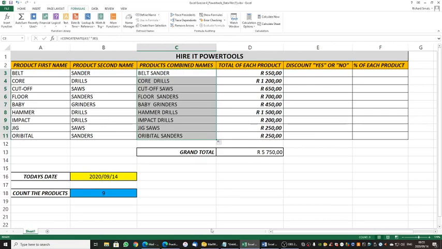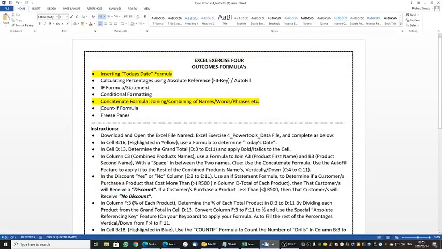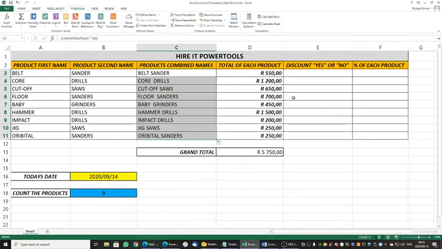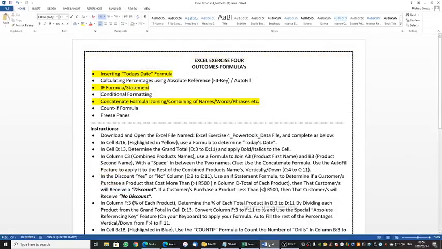Right, the next thing that we are going to do, and let's have a look here, is an if formula. Now, to give you an example of an if formula, if you get 50%, you will pass. If you get 40%, you will fail. That is an example of an if formula. It has conditions around it. So before we use the formula,